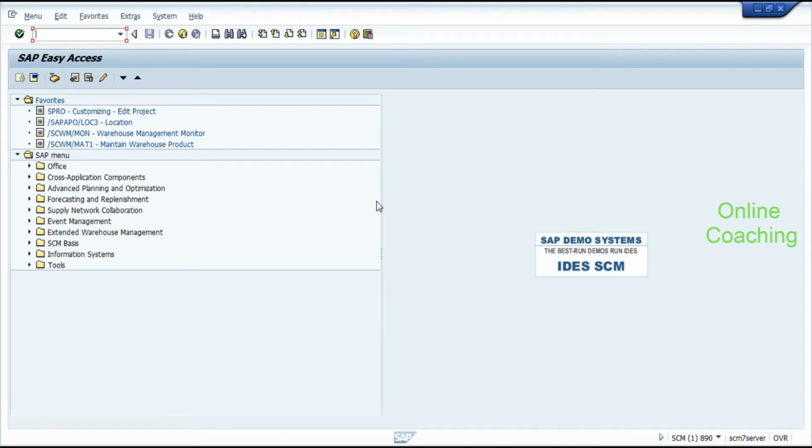So we started off with what exactly is an availability group. What is the relevance of an availability group? What is a stock type? What is the relation of an availability group and a stock type? What is the relation of an availability group